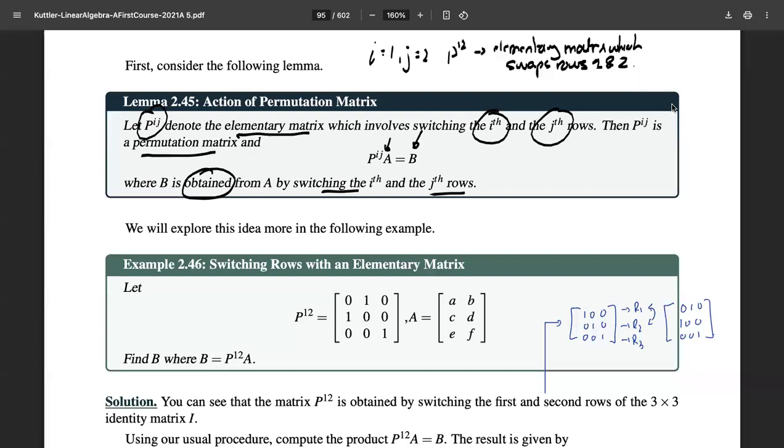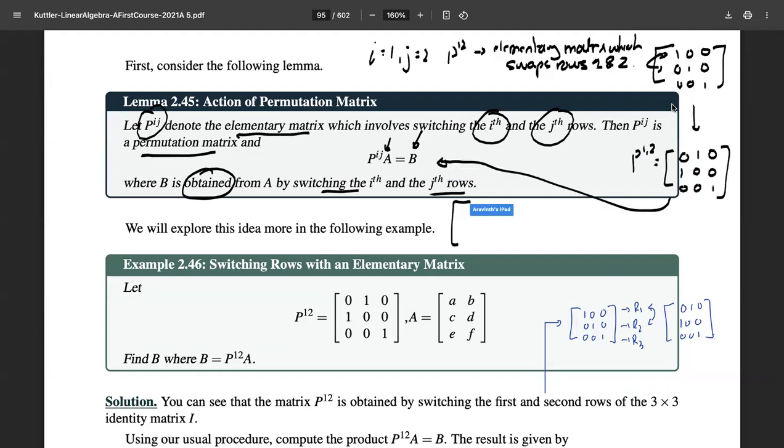And if we derive that from the identity matrix, I want to swap rows 1 and 2, so I would get P12 as 0, 1, 0, 1, 0, 0, 0, 0, 1. And this theorem tells us that if I have matrix A, for example, A11, A12, A13, A21, A22, A23, A31, A32, A33, and we multiply P12 to A, that has the same effect as me directly just swapping